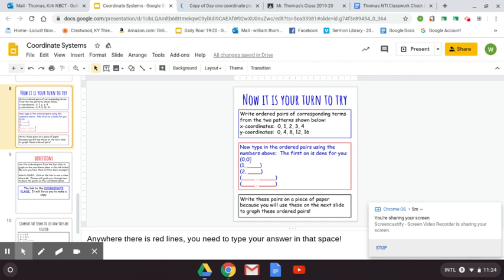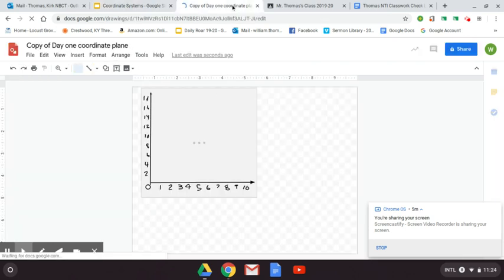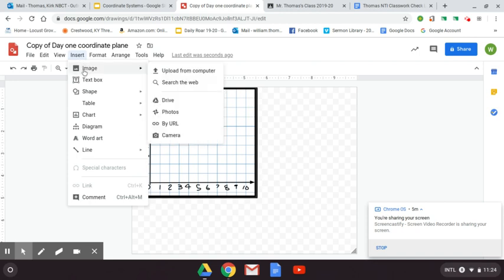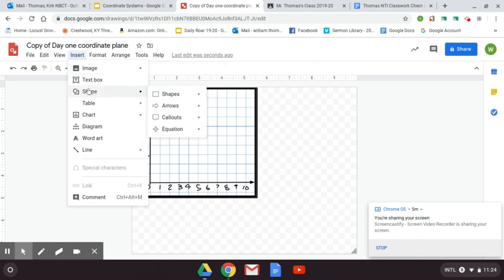Okay, so I'm going to click on this page, and I'm going to have to plot a point at 0, 0, which is right here. Okay, the origin. All right, now here's how I'm going to make a point. I'm going to have to go up here to, I believe it's Insert, and I'm going to click a shape. Okay, so Insert, Shape, slide over to my shape choices,